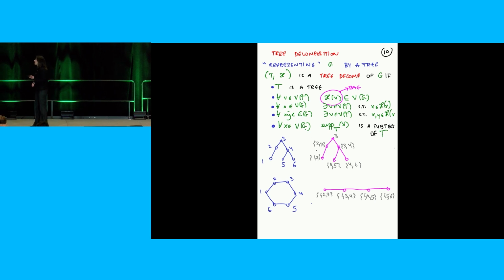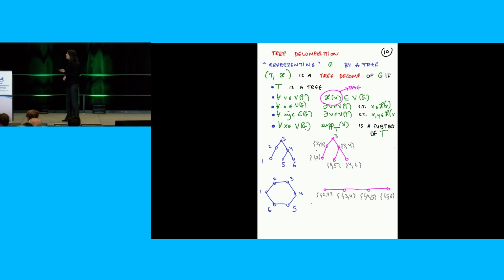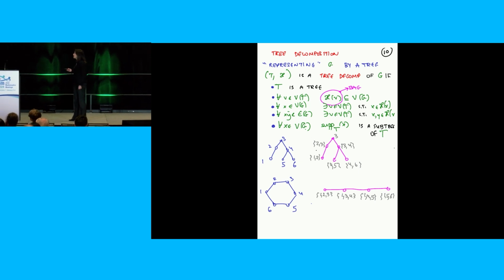So let's see. Here's one picture. The blue graph is G. The fuchsia graph is T, a tree. And I'm going to try to represent G with T, right? So I'm going to get a tree decomposition of G using T. By the way, I'm sorry I'm only pointing on this side, but I can only point on one side. So you can see that T and G are the same graph, right? I'm trying to represent my graph G with the same tree as G itself. So all I need to tell you is what goes into bags.